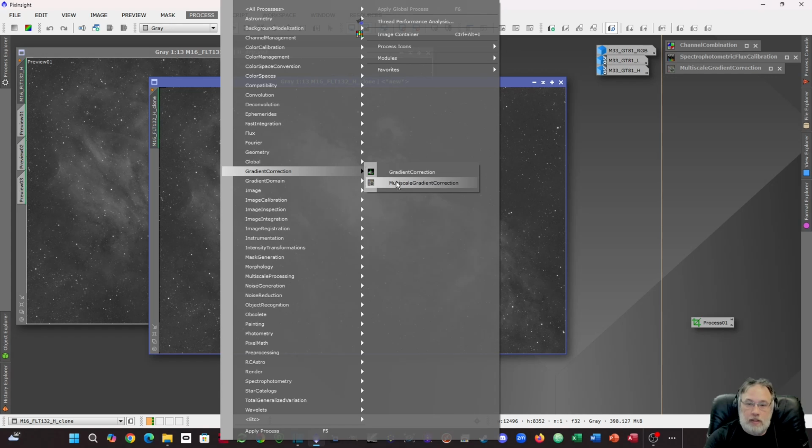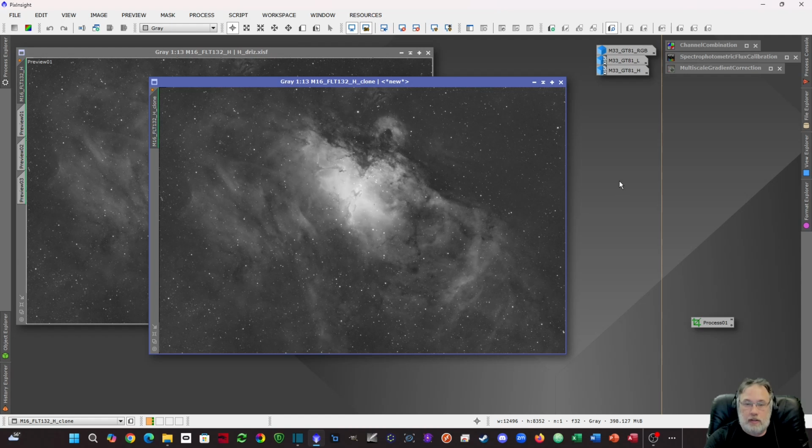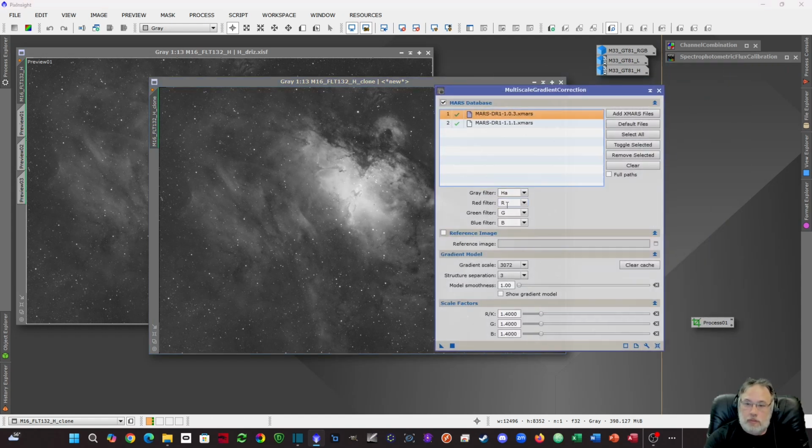So I tend to find very consistent and awesome results with multiscale gradient correction if my photo is in the database. So start there if you can, even though it might take a little bit of time to get used to it. Use the previews, use the various tools here, and go in order from gradient scale,